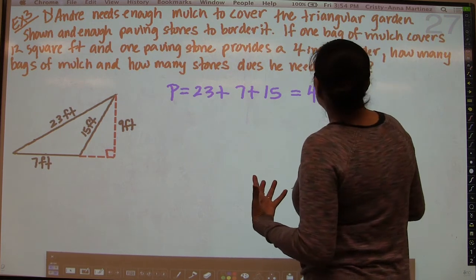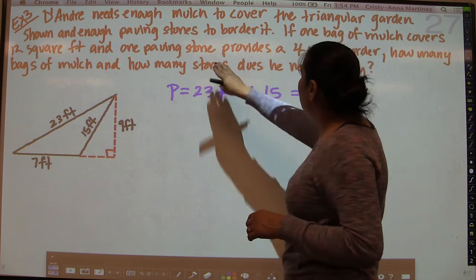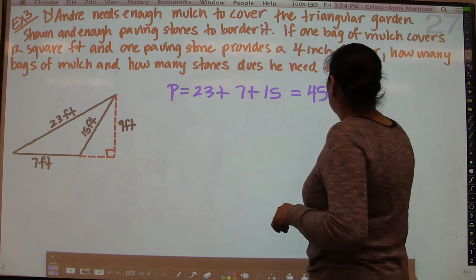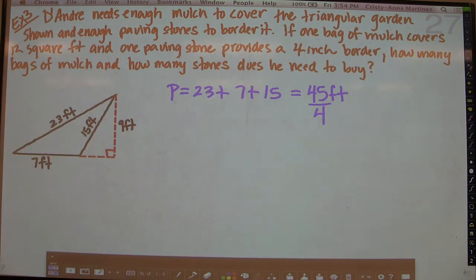And since each paving stone, if I can read here, one paving stone provides a 4-inch border, you divide that by 4, and that'll tell us how many stones we need. So 45 divided by 4 is 11.25. Alrighty? So we're going to need